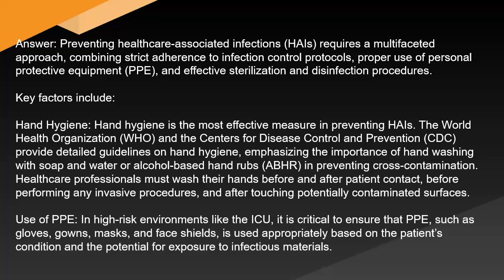Key factors include hand hygiene. Hand hygiene is the most effective measure in preventing HAIs. The World Health Organization (WHO) and the Centers for Disease Control and Prevention (CDC) provide detailed guidelines on hand hygiene, emphasizing the importance of hand washing with soap and water or alcohol-based hand rubs in preventing cross-contamination. Healthcare professionals must wash their hands before and after patient contact, before performing any invasive procedures, and after touching potentially